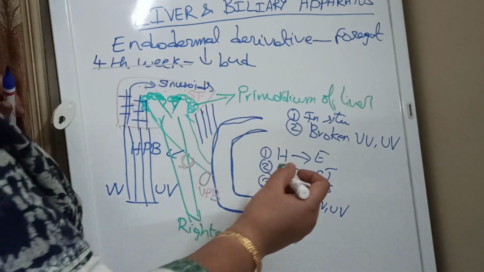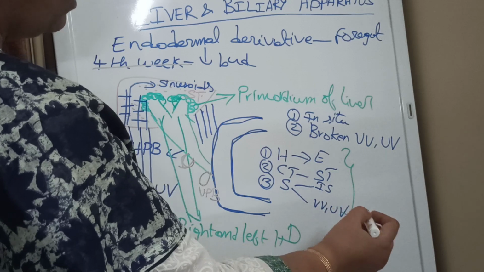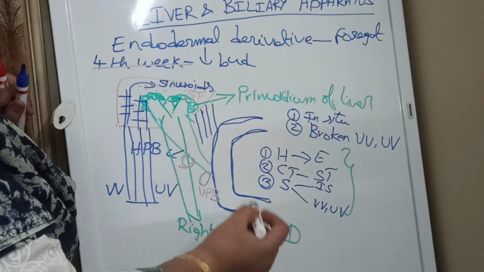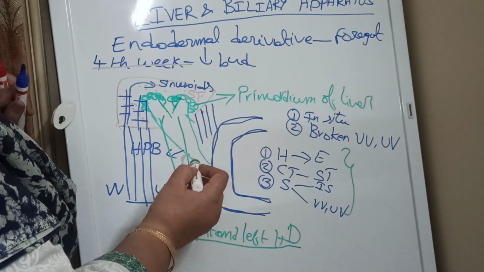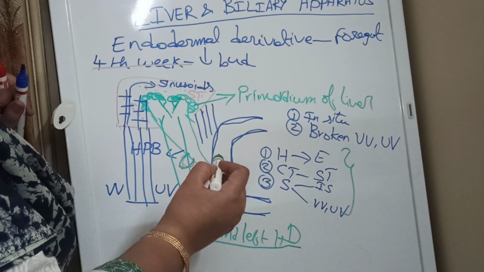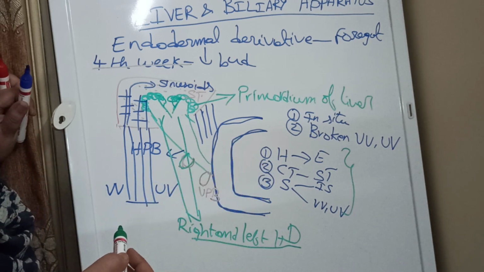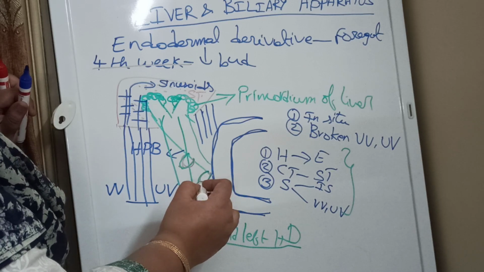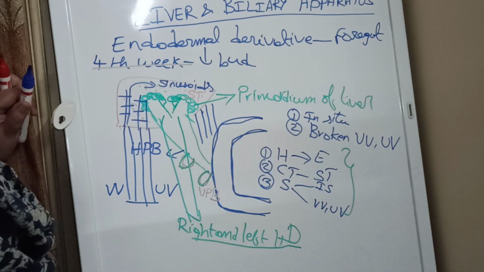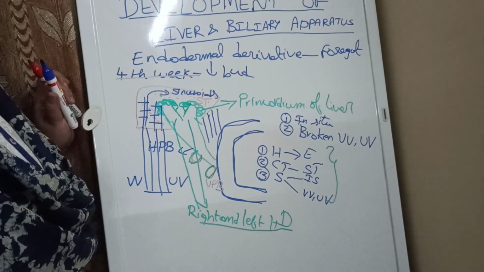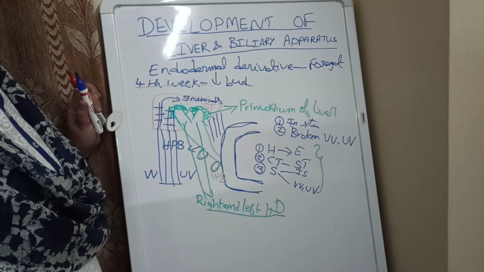by three parts. You have to write three sources for the development of the liver, and for the hepatic ducts, the original branching will persist as the hepatic ducts. Gallbladder develops from the cystic bud. Another bud from this hepatopancreatic bud you should remember is this ventral pancreatic bud, which will join with the dorsal pancreatic bud. So this completes the development of the liver and the biliary apparatus.